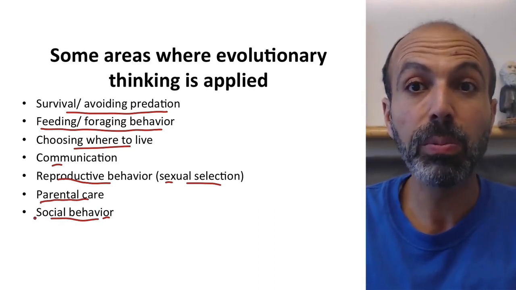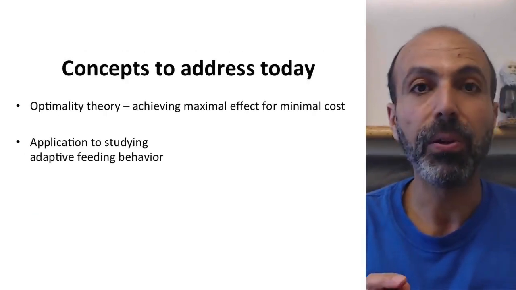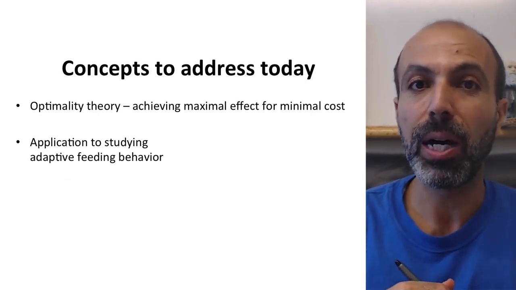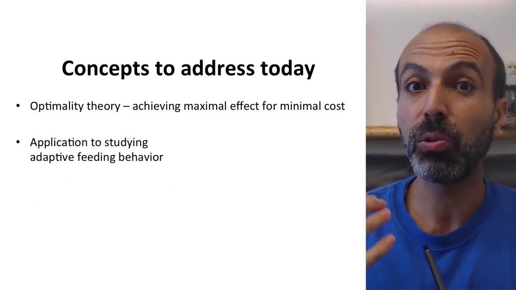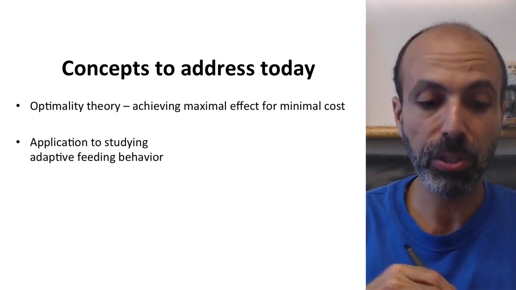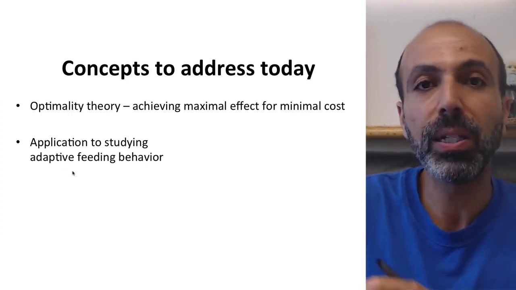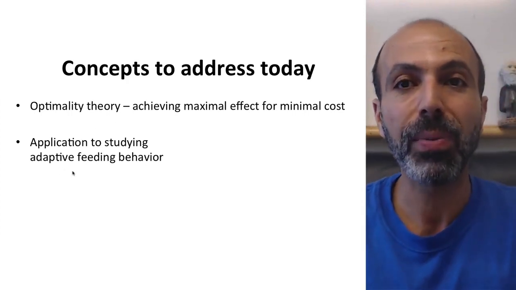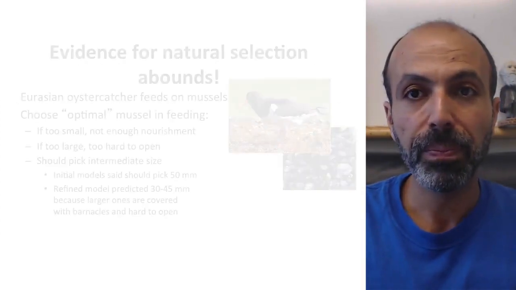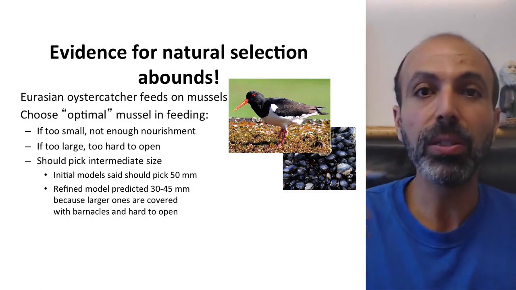The ones in this particular video that we'll talk about are looking at optimality theory, or specifically how you can get the maximal effect for the minimal cost, which is what we would infer that natural selection would push species to ultimately be able to do. And we'll look at applying optimality theory to the study of feeding behavior and why feeding behavior is often adaptive. Now, as you know, the evidence for natural selection abounds across species. So let's look at the example of the